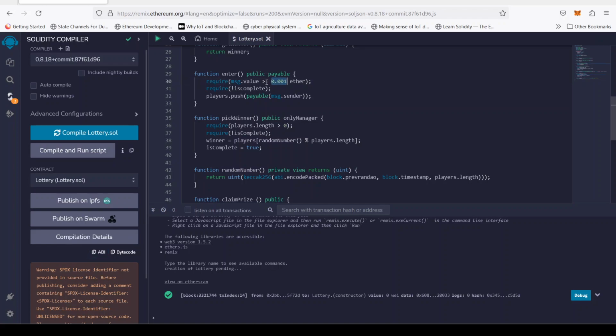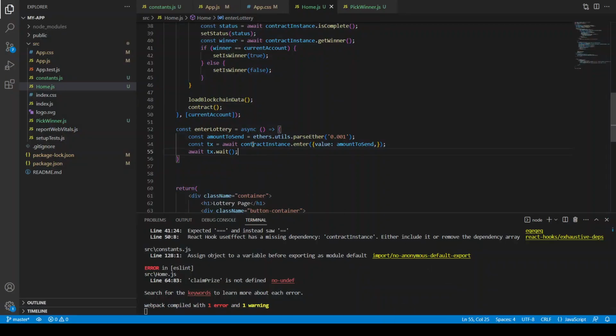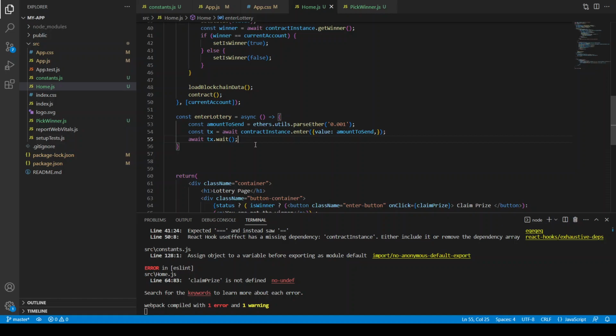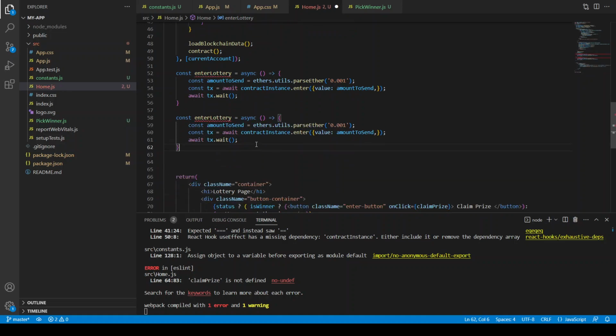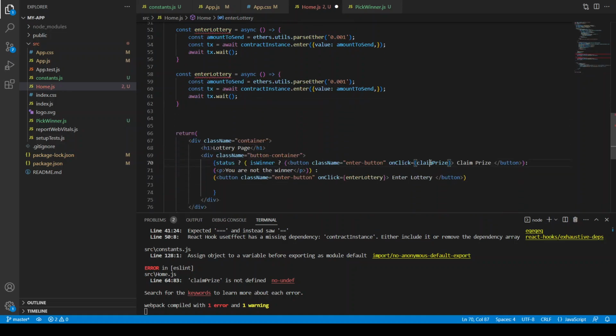It's going to see if the value is greater than or equal to 0.001 ether, and then it's going to check if the contract is open or not, and then it's going to put it in the players array. So we can come back here, and this is the enterLottery function, and we can actually copy and paste the same function here,